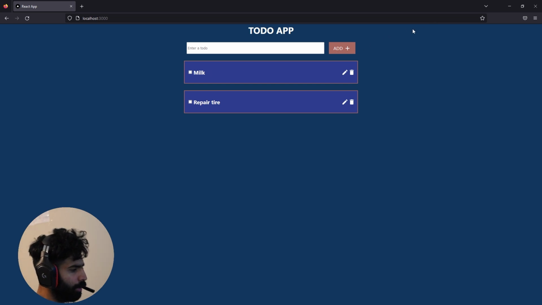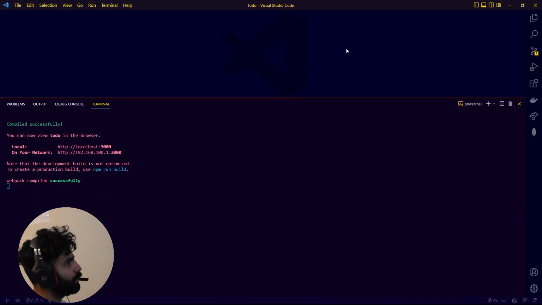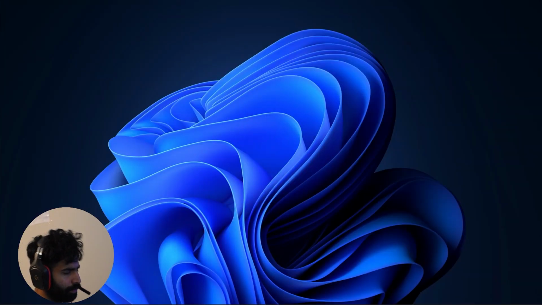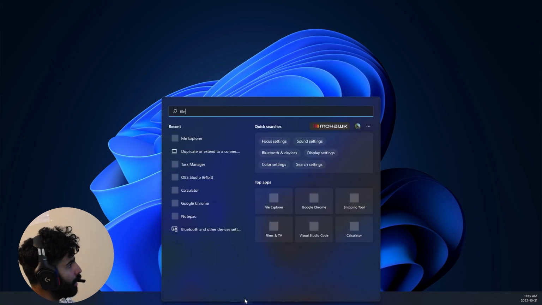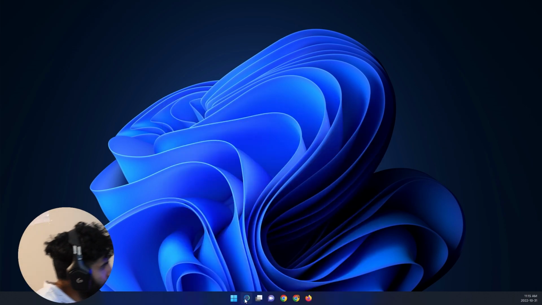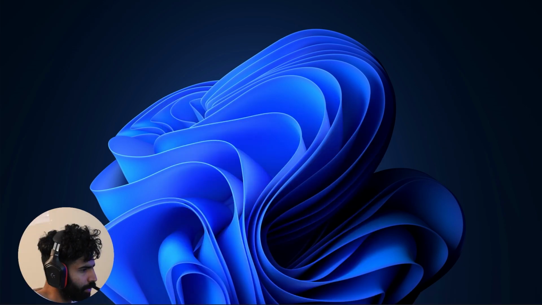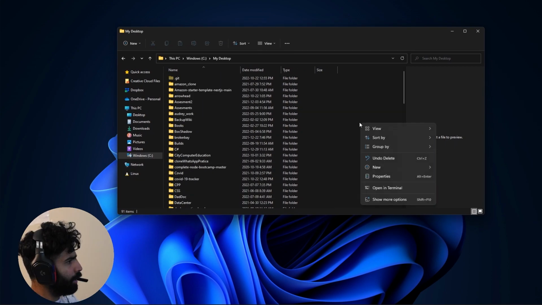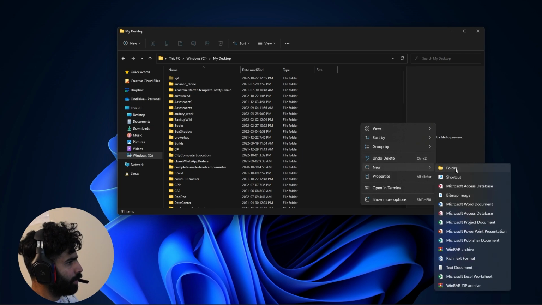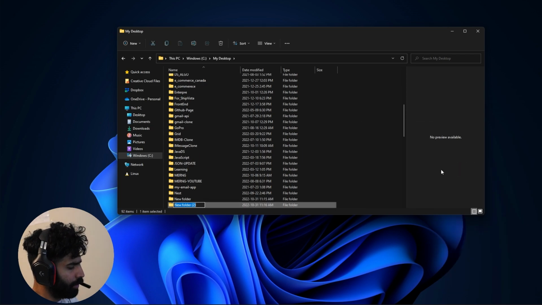So this is our final build, like how it will be looking, and this is the code editor. I should place it here. Excuse me. And I will make a new directory. So you can see this is my directory, okay, of all my coding. Create a new folder here, and I call this React to do. Enter,